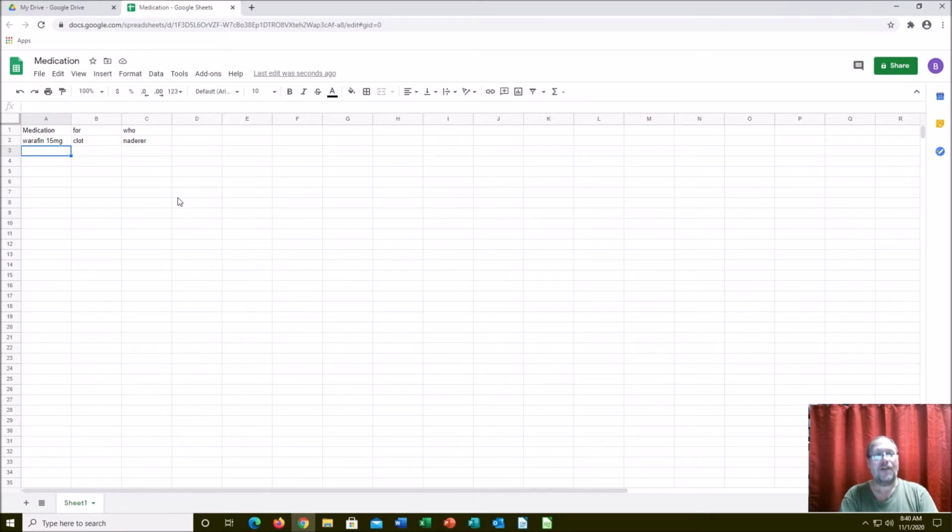And then if you have other additional information you need to do, you can do other documents and so on and so forth. The nice thing about spreadsheets, and the same is true with Excel, is that if you are on a lot of medication for different doctors, there's this little plus button down here that'll give you additional sheets. So you could do sheet 1, sheet 2, and even on your phone, you can switch between the sheets. So maybe for us older people who have medical conditions we have to worry about,